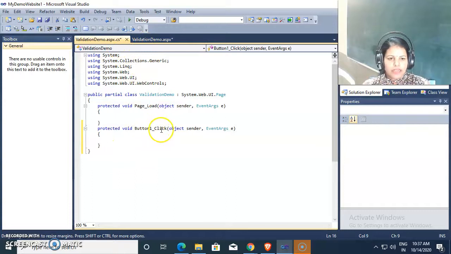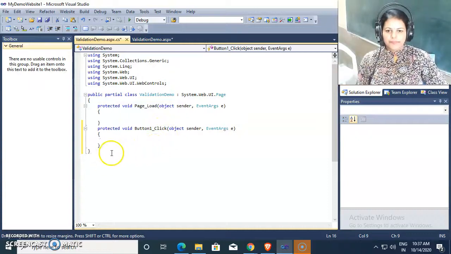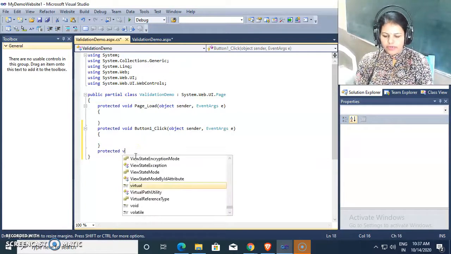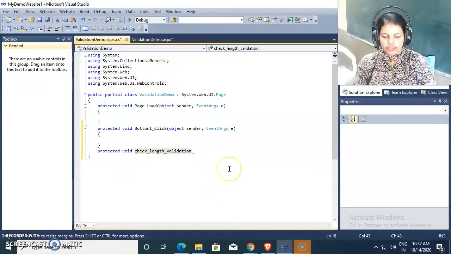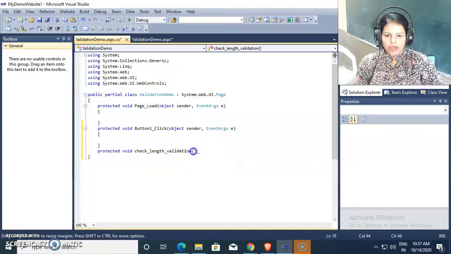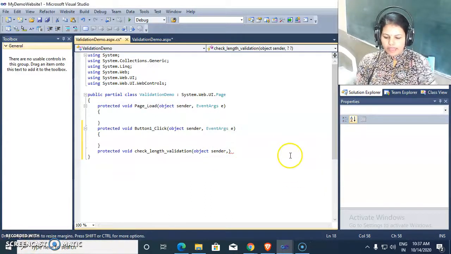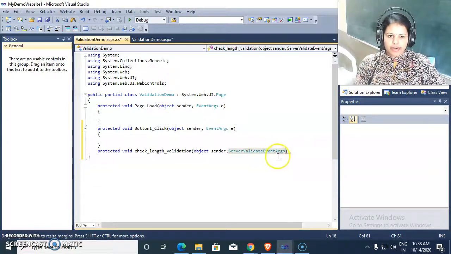Then this is the button click, and we need to write a custom function here. So I'm writing a function as protected void, with the return type void. My function name is CheckLengthValidation, and I take the arguments as object sender and, as the second argument, ServerValidateEventArgs args.